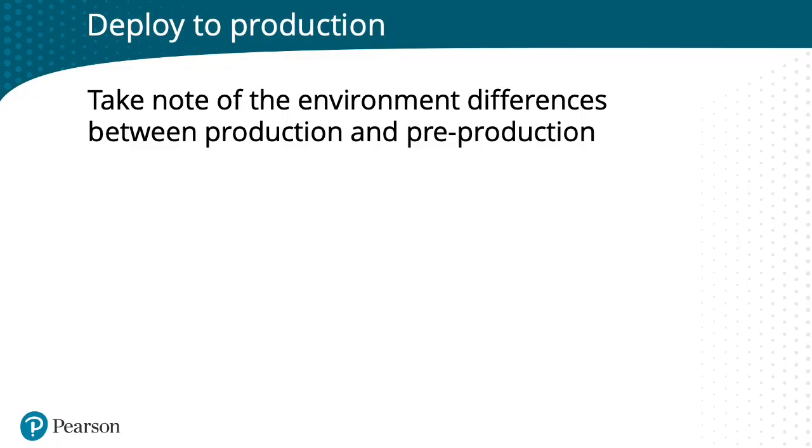So that's why it's important to take note of the differences between the environments, because you might have some sandbox that you test your model in for your staging environment, and it doesn't have as many resources. So maybe you are using a CPU on staging versus a GPU on production just to save on cloud costs. Maybe you're using some third-party services, or you're connecting to GCP with different credentials based on the environment that you're deploying to.